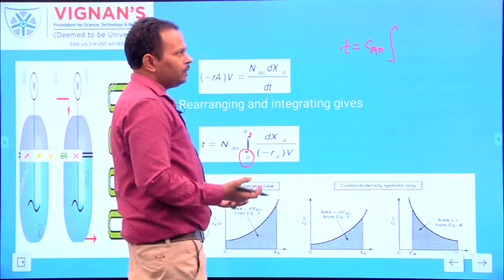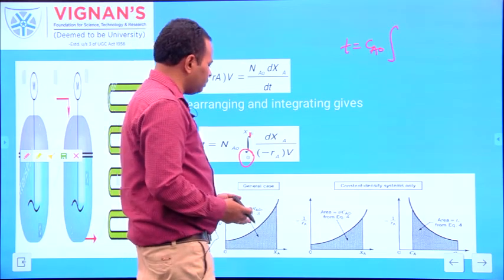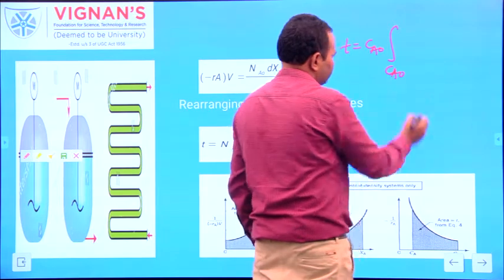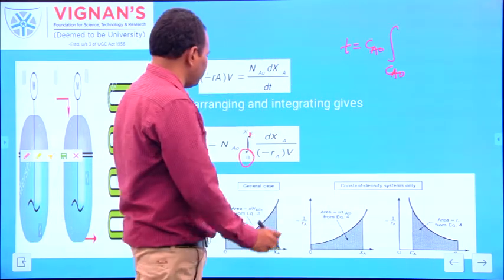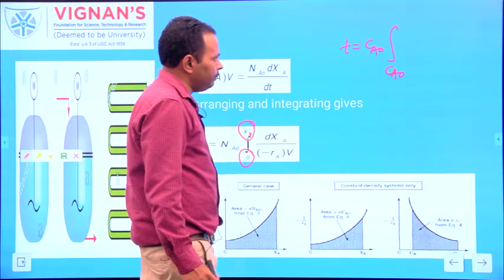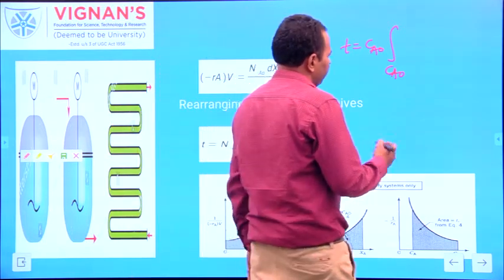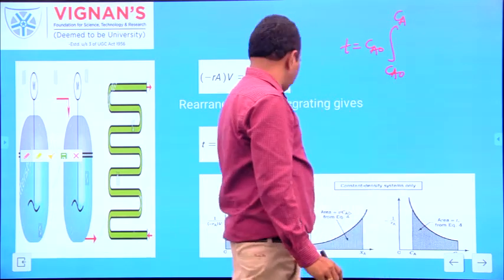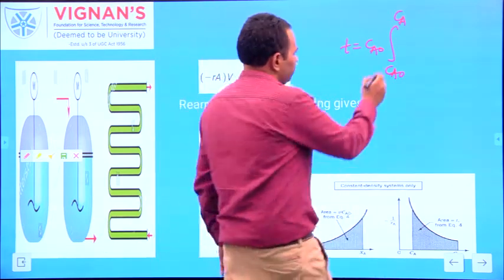Suppose you want to convert to the concentration at time t equal to 0. What is the initial concentration of the reactant? Ca0. The initial concentration of the reactant is Ca0. At time t, the conversion is XA. But if you want to convert to the concentration at time t, the concentration of A left within the reaction mixture is Ca, without converting to the product.